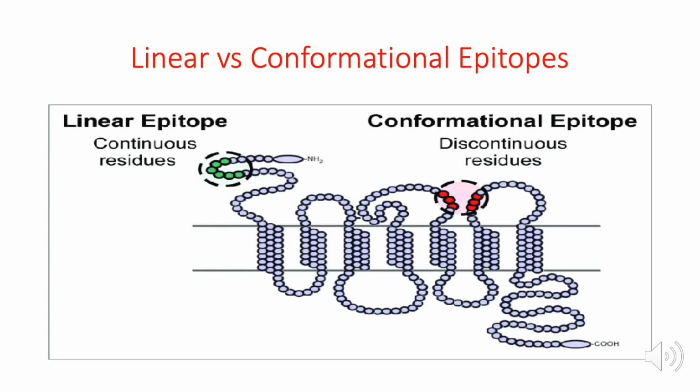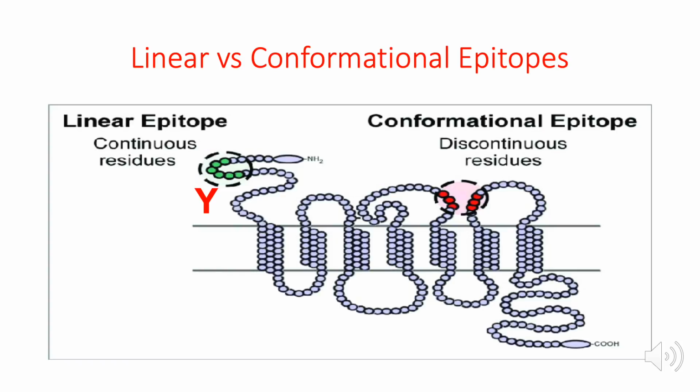Epitopes can also be classified as linear or conformational epitopes. The majority of epitopes are proteins by nature, and proteins are made up of amino acids linked together by peptide bonds. Take a look at the red arrow in the picture, which points to the cell wall or cell membrane of the bacterium. Displayed on it are the different epitopes. This is an example of a linear epitope. A linear epitope is composed of a sequential series of amino acids. Those green colored amino acids form one epitope,